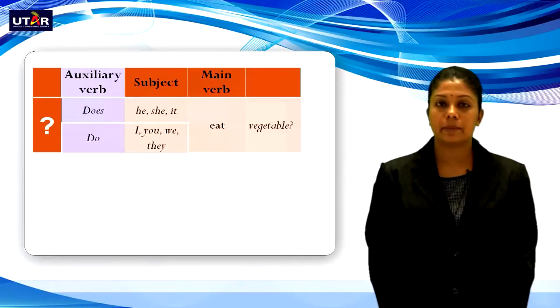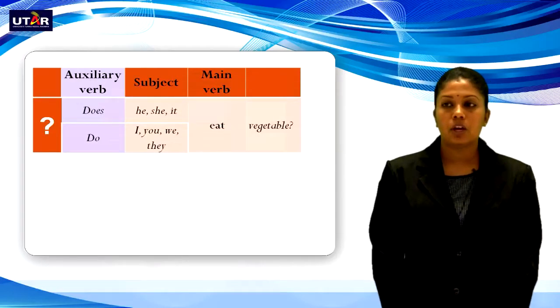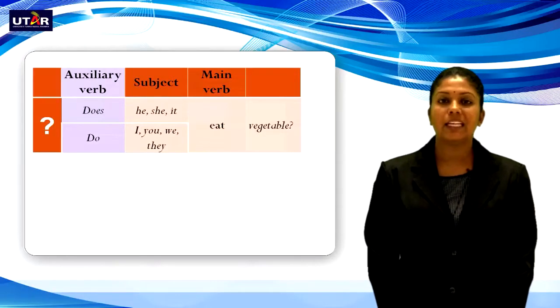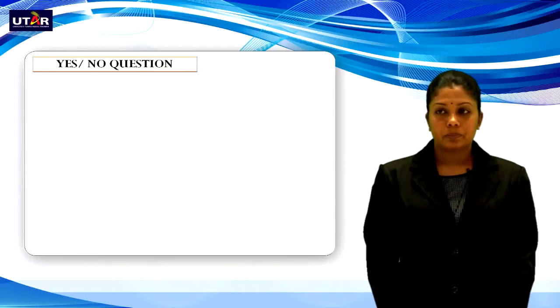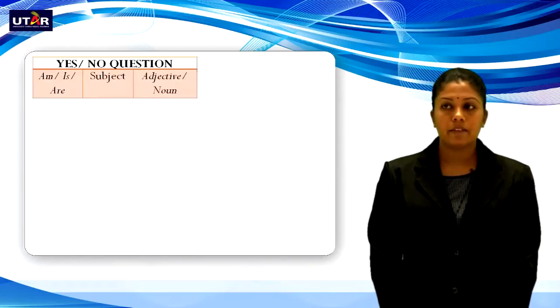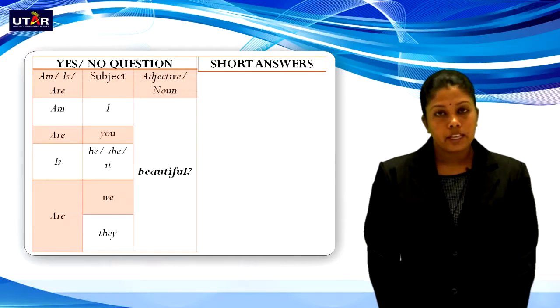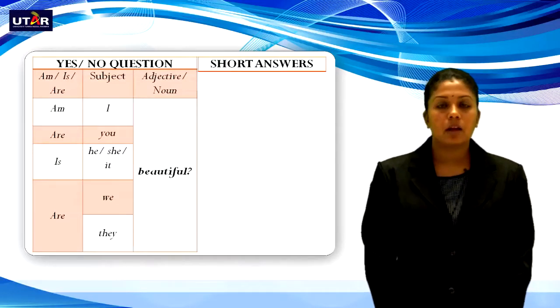Moving on to the plural subject, we use do. Do I, you, we, they eat vegetable? We also have yes-no questions. So for yes-no questions, we start with